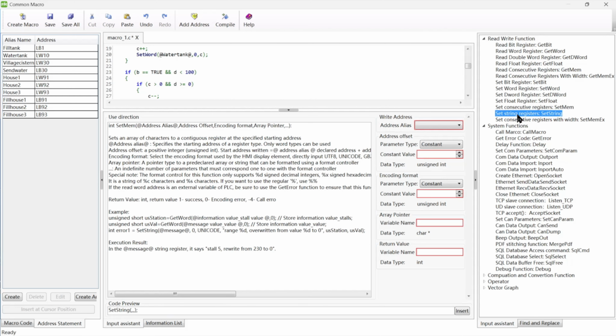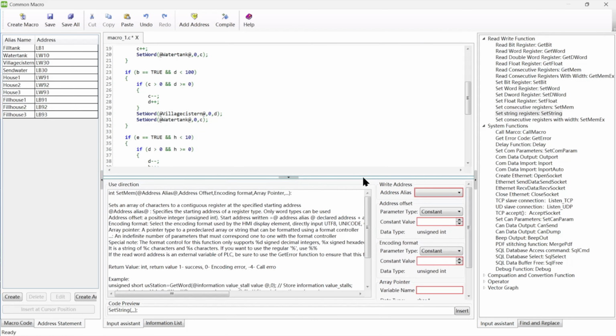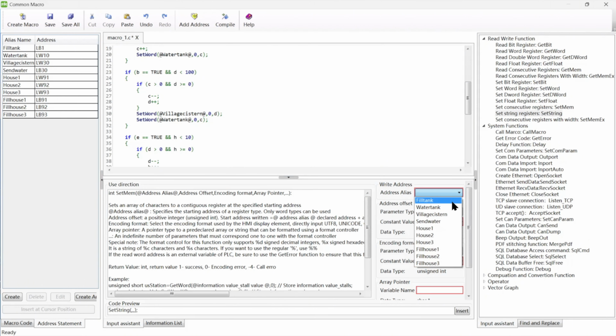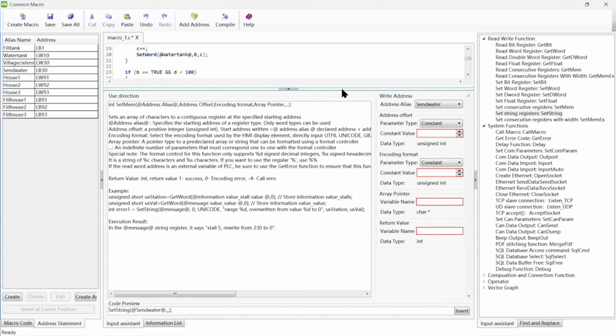The SetMem function is also used to format and write an array of characters, a string, into a contiguous block of word-type registers starting at a specified address. The function takes several parameters: at address alias at, which specifies the base address of the target register. Only word types like LW or MW are supported. Address offset, an unsigned integer that is added to the base address to determine the starting address for writing. Encoding format, which defines the text encoding used. Options include UTF-8,